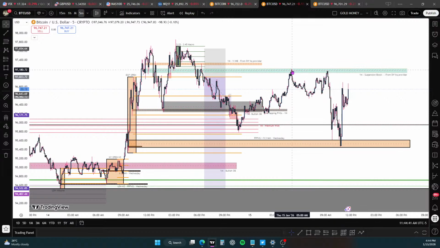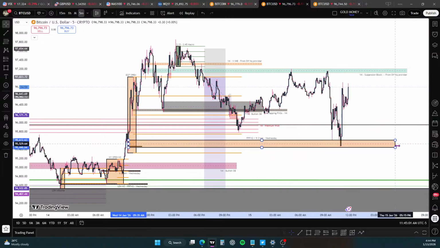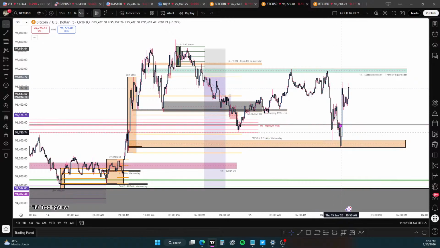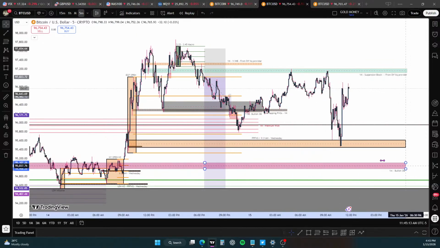And it was respected again here on the next day, which is incredible. This is showing you algorithmic delivery. Look at this macro up here, 3:15 p.m. to 3:45 p.m. macro, exactly at the pivot. Grade it. Look at the reactions, right? What else? The first presented fair value gap on Wednesday. Look at how beautifully it was tagged here, and then we failed to reach the bottom of it and traded higher. Fucking incredible. Absolutely fucking incredible.